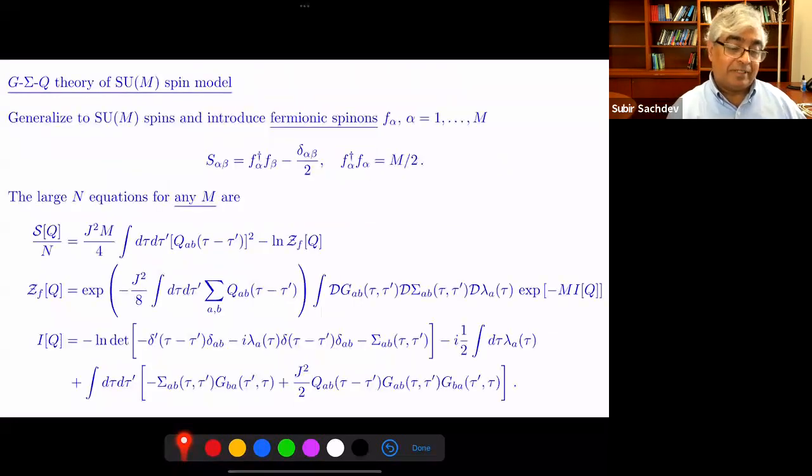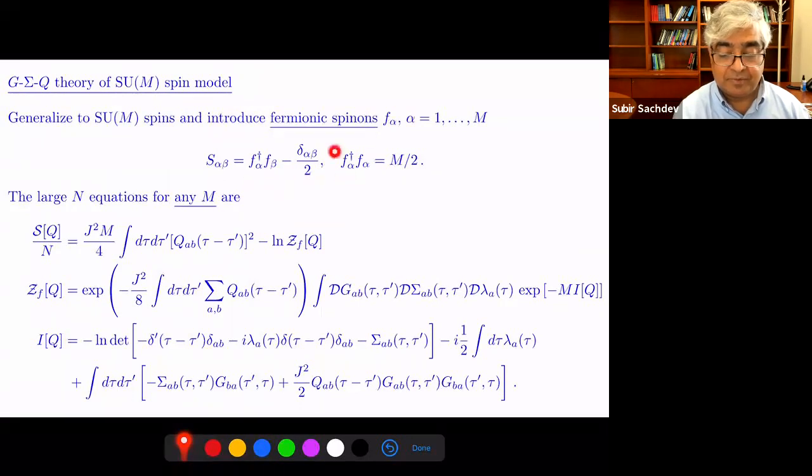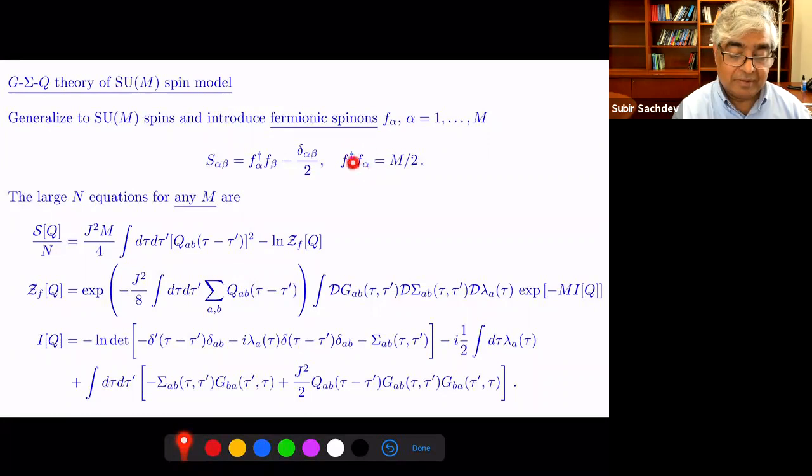So that's the way. First thing to do is to write this thing down. I'm sorry for the many equations here, but the basic idea is very simple. You take that path integral and you rewrite it in terms of these fermions. You represent the spin in terms of these fermions, where these fermions have a constraint. And the path integral over S is then exactly the path integral over fermions, but the fermions have the usual linear in time derivative action. And then you can take the large N equations still for any M. M is the SU(M) here.